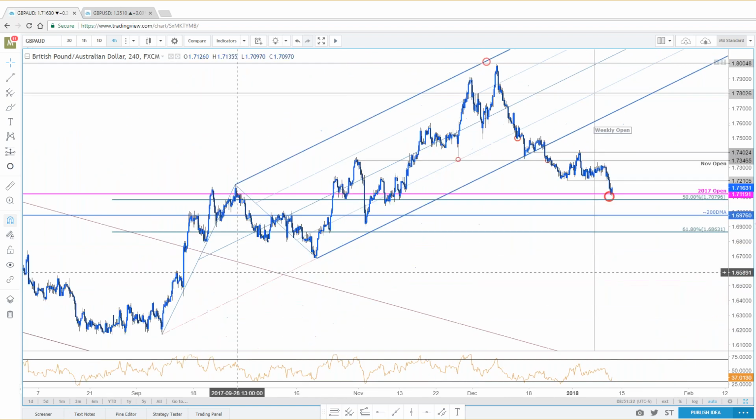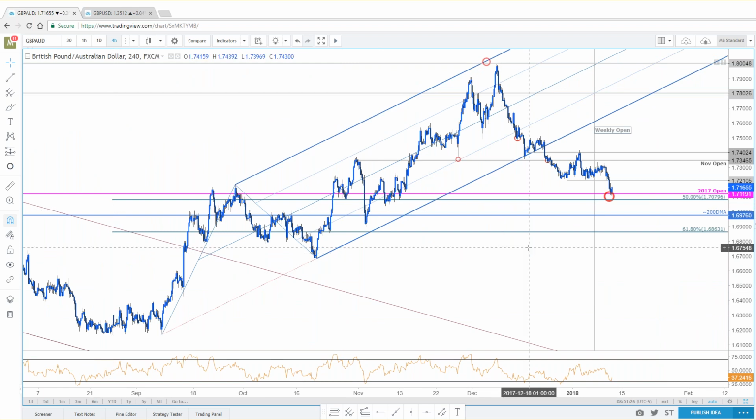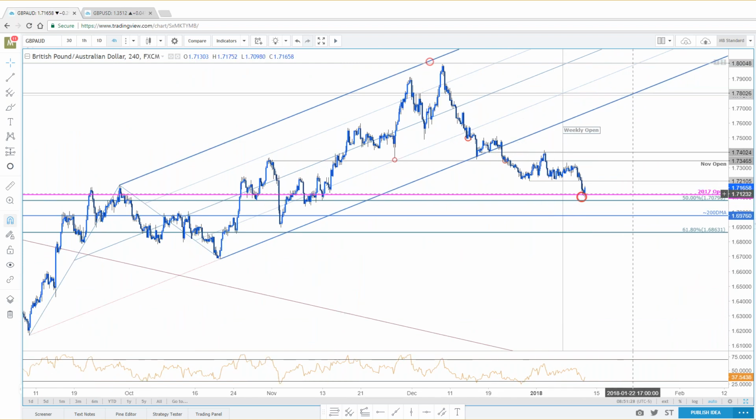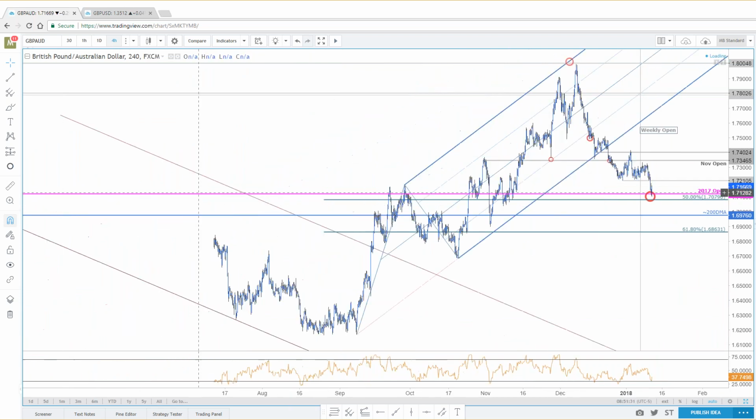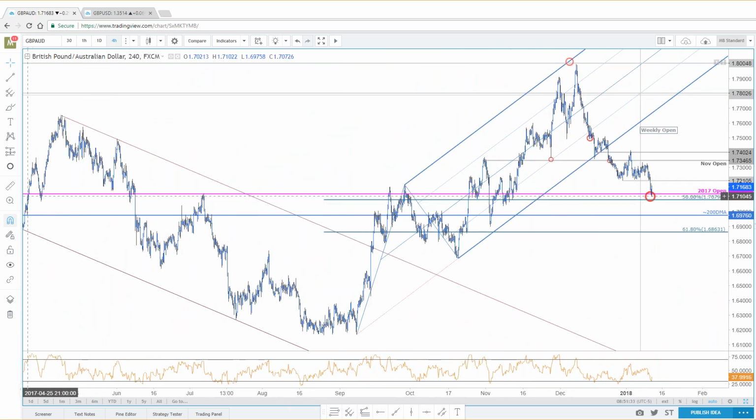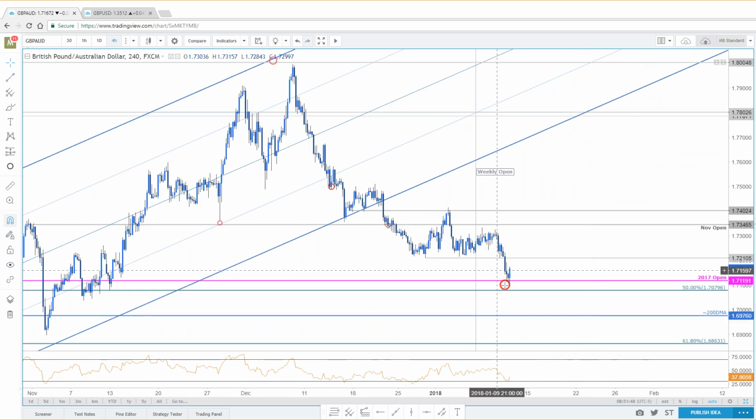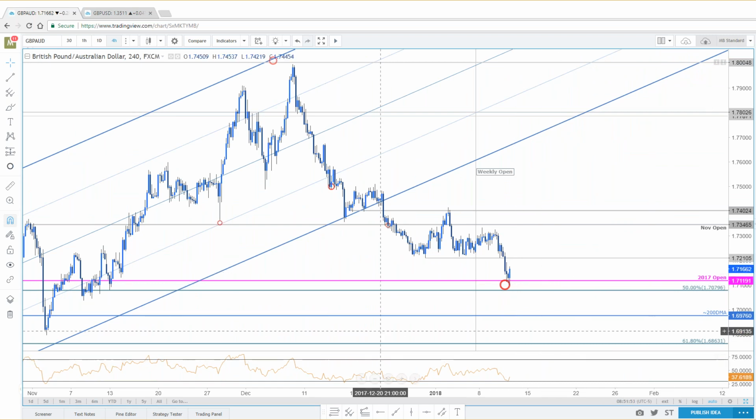This is just a basic 50% retrace from the ascent off the August lows of last year. More importantly, it's also the 2017 open and has been a clear pivot in price all throughout last year. Support, support, break sees acceleration. Resistance, resistance, resistance, break, instant support. A little messy here as we opened up November trade. Here we are again. Okay, so for short exposure, that was sort of the first level of target interest that you want to look for as far as support's concerned.